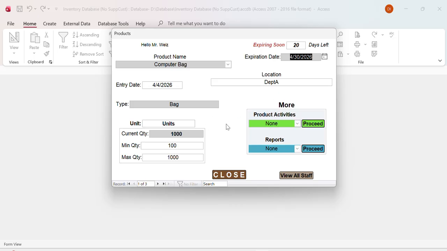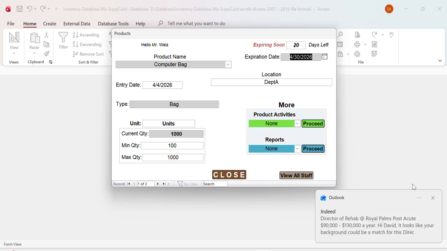Okay, so everybody that logs in, this will be your landing page, and this page shows you all the products that you have in your system. So this is the product name, the expiration date. This one is expiring within 20 days. So you get this notification every single time that a product